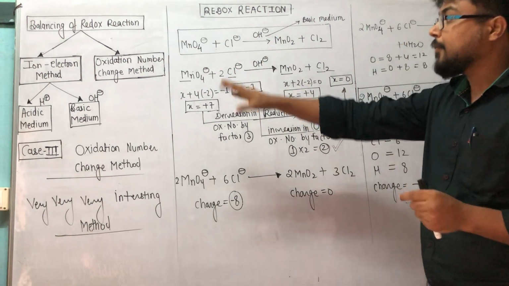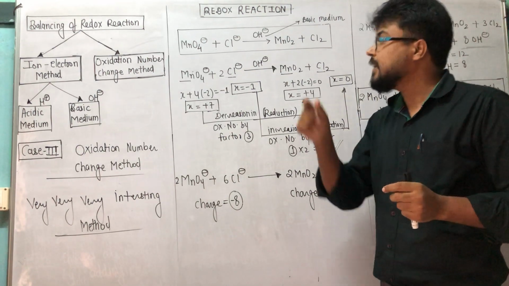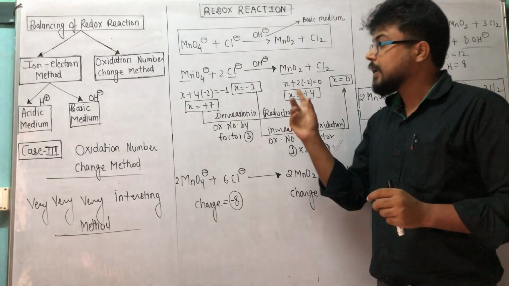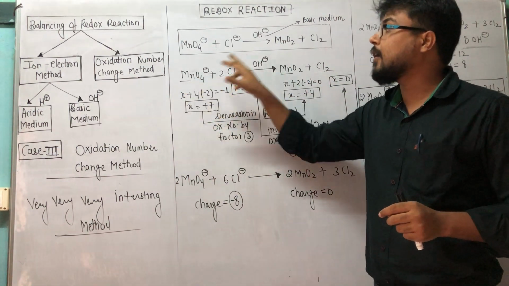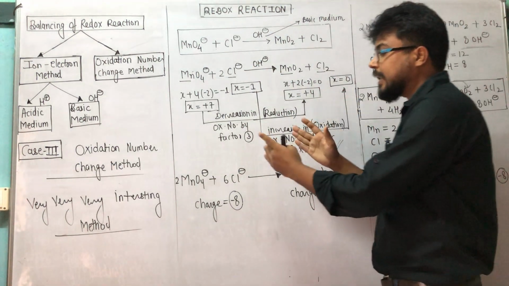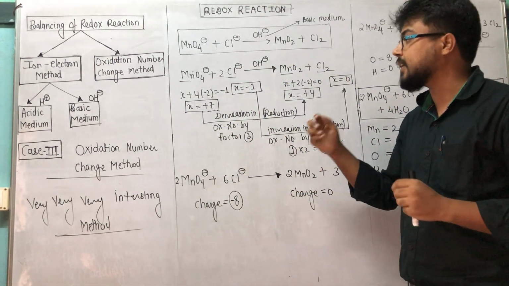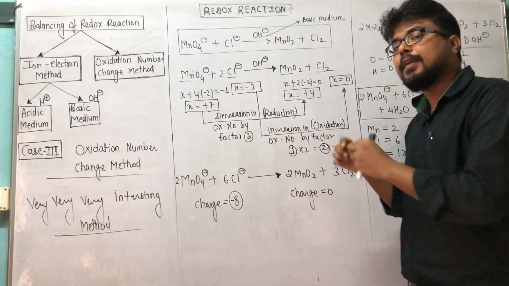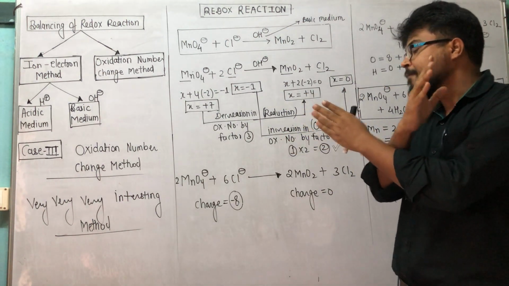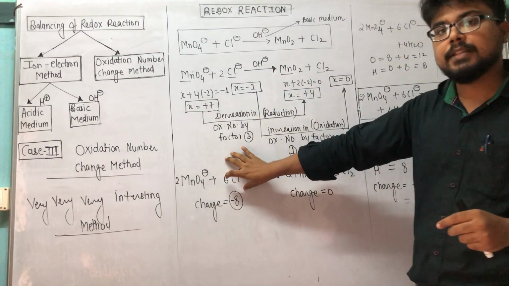What we have to do, first of all, we will balance the atoms which are undergoing oxidation and reduction by adding a suitable number of factor, that can be 2, 3, 4, depending on the situation. After that, I will calculate the ox number of those elements which are undergoing oxidation and reduction, and I will calculate the factor by which ox number is decreasing or increasing in the case of reduction or oxidation, and simultaneously I will do cross multiplication by that factor by which decrease and increase is taking place. So that next step is here, correct?